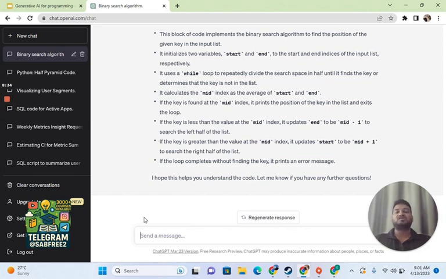Now, if you want to achieve more sophistication in your code, let's say you are already comfortable with some programming, but you want to write efficient code. It happens a lot in real production scenarios where you increase the system latency if you have written unoptimized code. In those scenarios, you can just pass your code block to ChatGPT or any other generative AI tool, and it will help you optimize it.